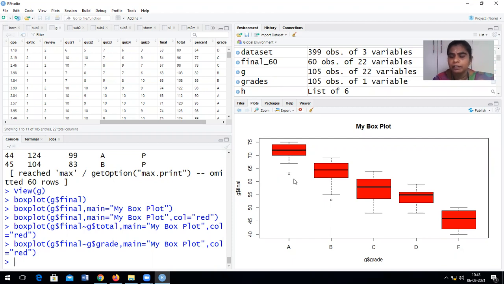Do you remember when we initially started with box plot, we looked at these round circles which are completely away? What is this?